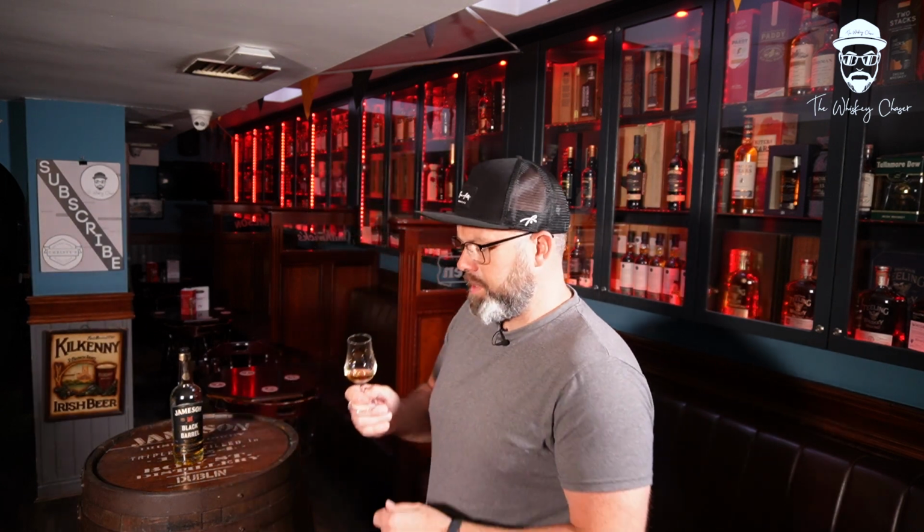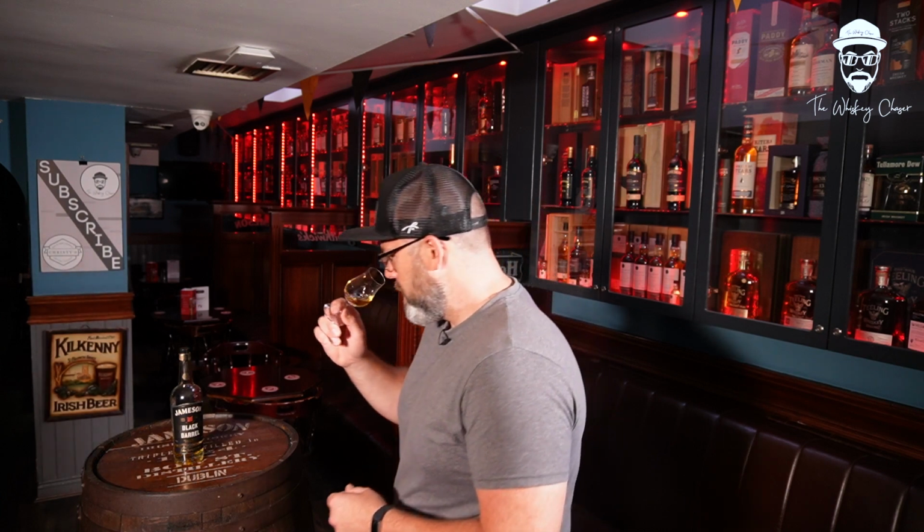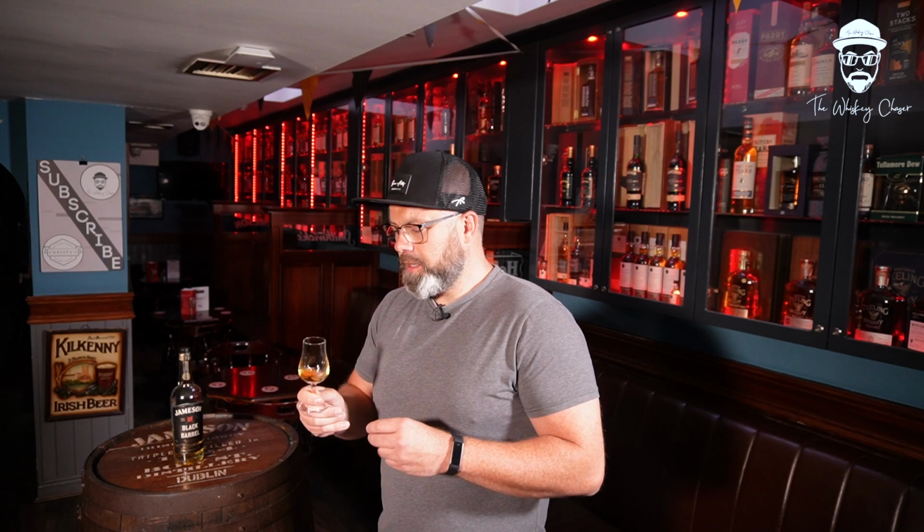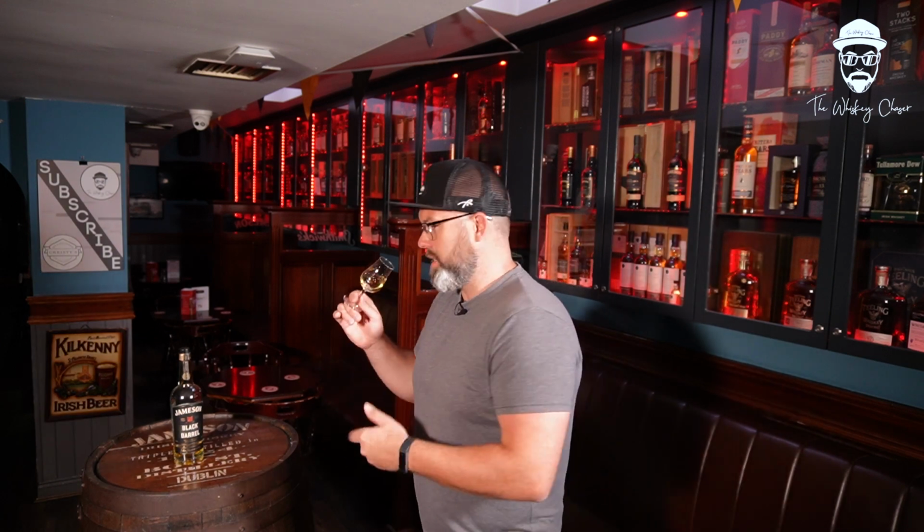All right, so I've given this a moment or two to open up a little bit, and we'll do some tasting notes. On the nose, this is quite light is what it comes across as. Maybe a bit thin is the word I'm looking for, sorry. A touch on the thin side, but with non-age statements, you're going to have that. A little bit of grainy notes coming through there, not so much ABV-wise, there's no bang of alcohol, but you are getting some butterscotch, which is standing out tremendously to me. That's one of the first most apparent notes